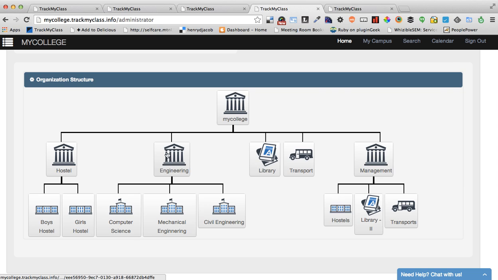For example, in this engineering college, if you create a principal for the engineering college, the person will get access to all three departments under the engineering college: computer science, mechanical engineering, and civil engineering. And if you create a principal at the management institution, he will get access only to the management school